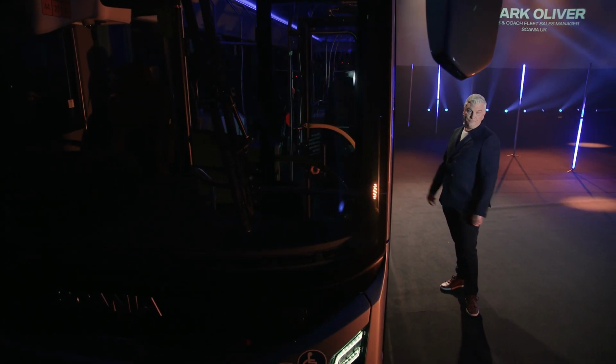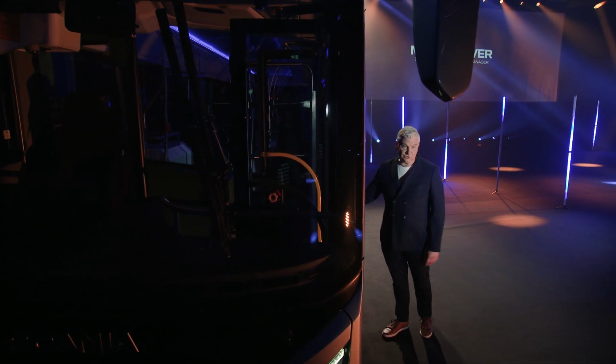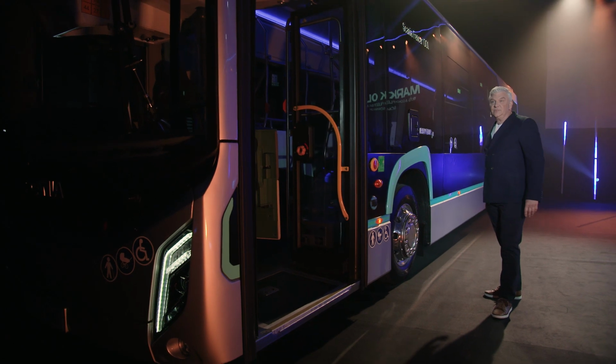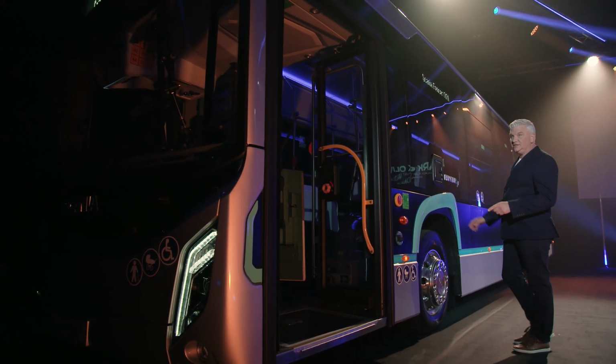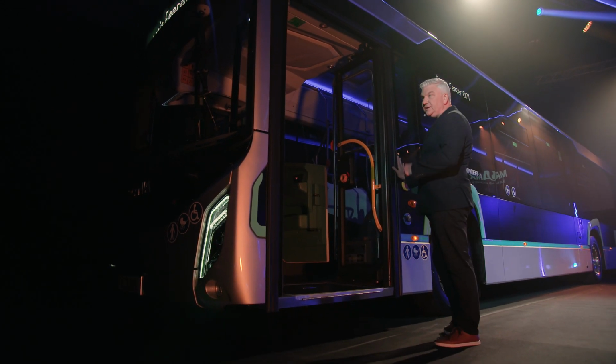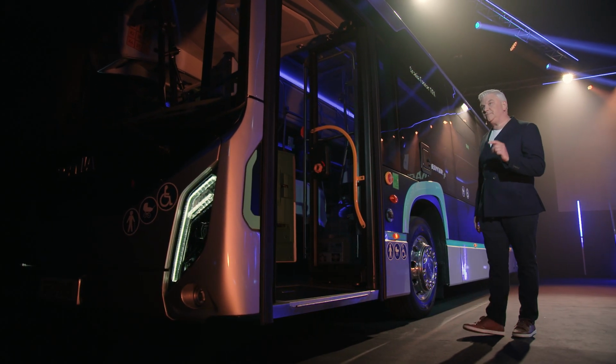What we're launching today is a very serious and complete range of passenger transport options, entering the UK market from 2021, which means all bus operators can benefit from the full range in the near future. So, the single-deck demonstrator we have here today is the world's first Scania Fencer F1, which will showcase just how good the body and interior features really are. And this particular model is available in 10.9 through to 12.2 meters and available to order to your bespoke specification